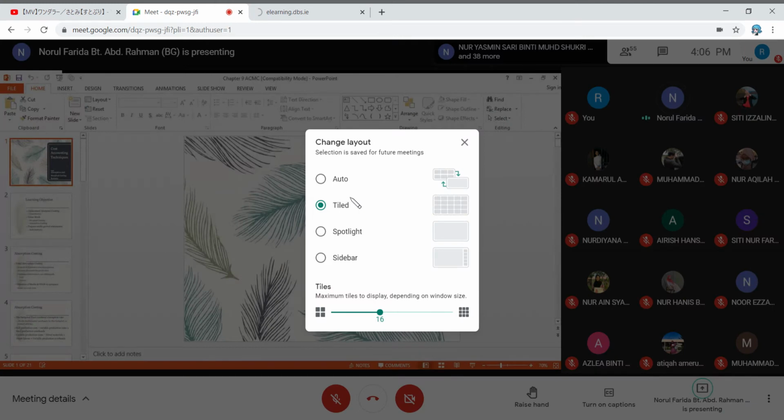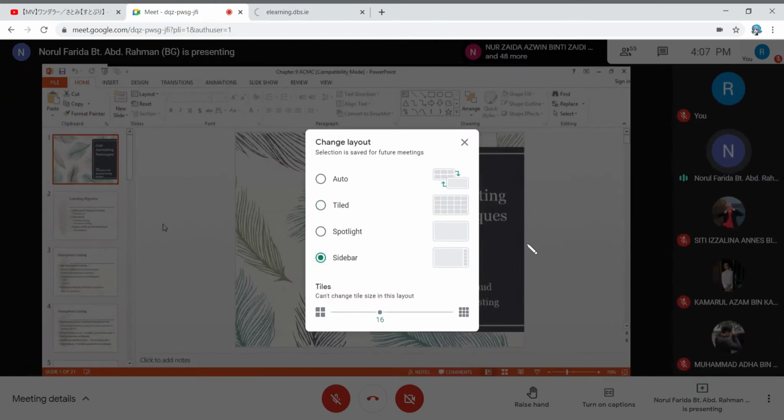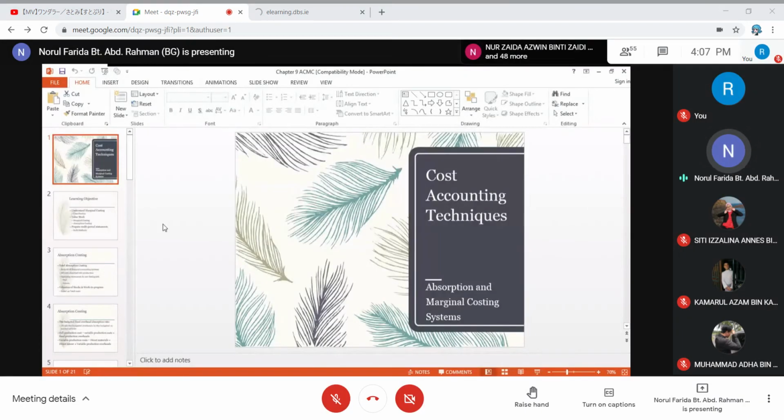Alright. So we are going into chapter 9, which is cost accounting techniques. And today we are going to do a topic on absorption and marginal costing system. Marginal costing is also sometimes known as variable costing. Alright, so the objective,